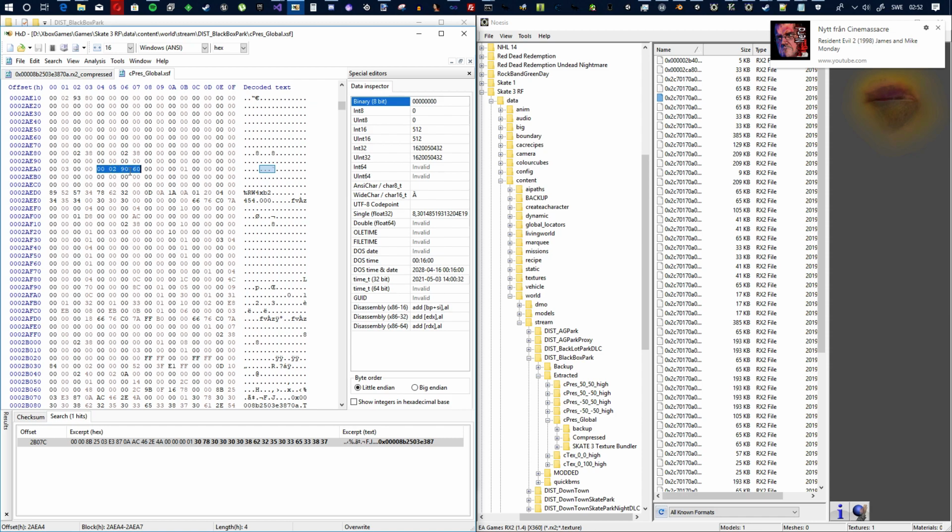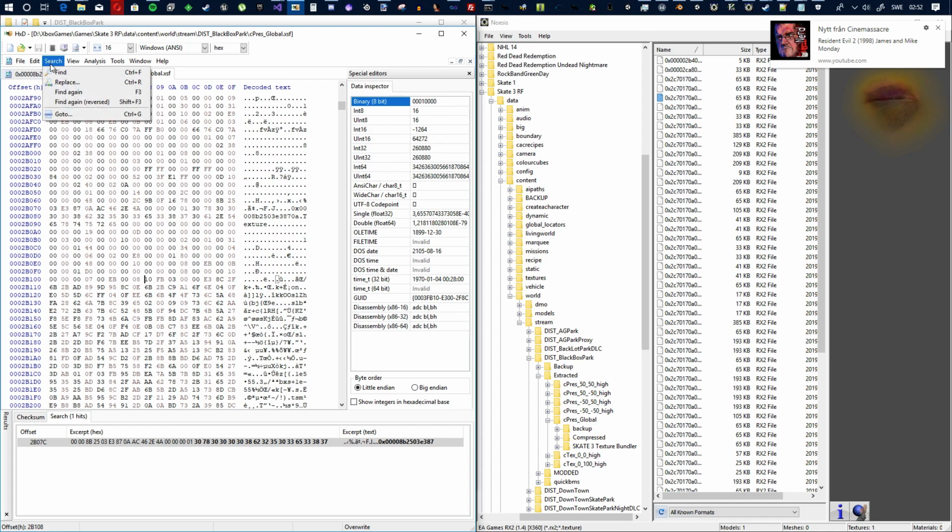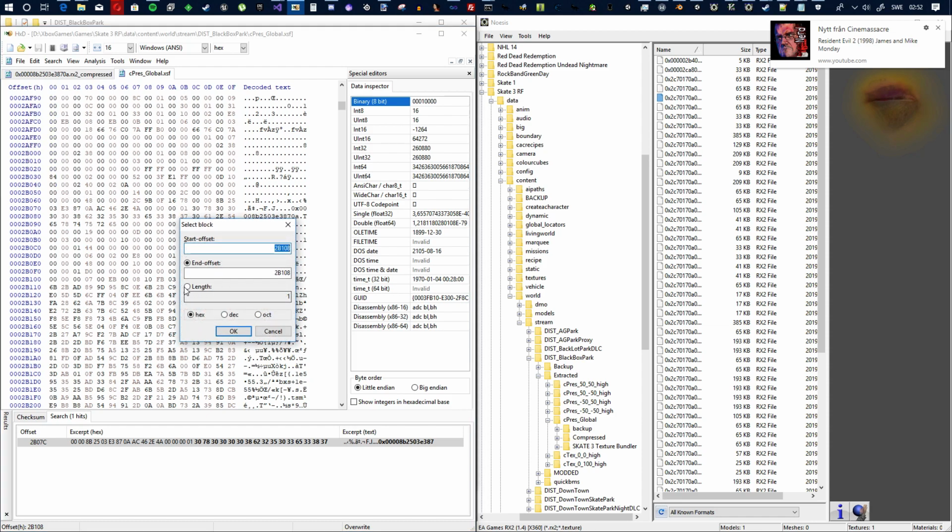So the compressed file is going to be 29,060 long. So if we start where the data is, and then do, let's see, select block and then do length,